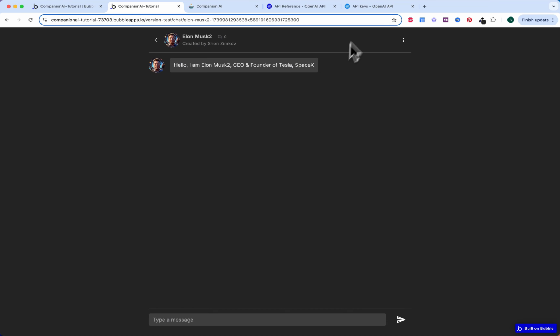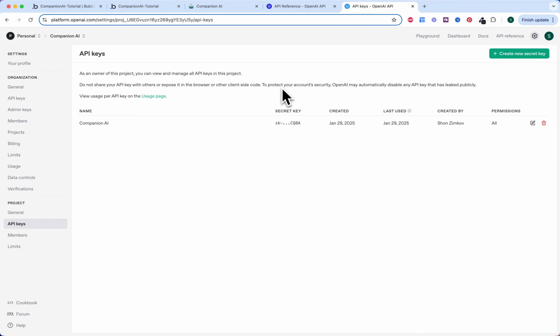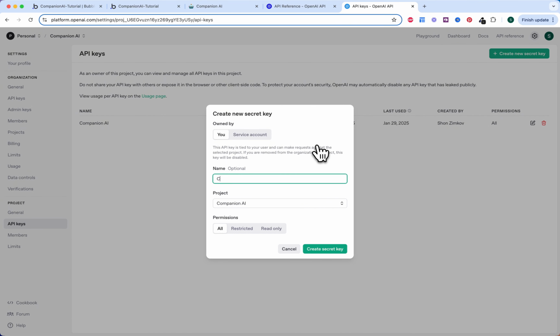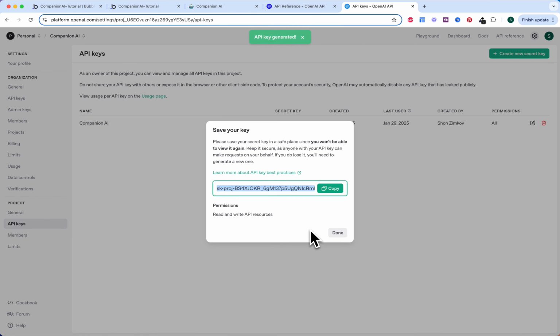So first of all, we need to go to the OpenAI platform. I will provide the link inside the Notion document. Here you can sign up or log in if you already have an account. Then in this dropdown, you can create a new project. I'll just use the existing project that I already have. And then you can go to the API keys here on the sidebar, and you need to create a new secret key. So let's call it a companion AI tutorial, for example, and let's create the secret key. Now you can copy the secret key,